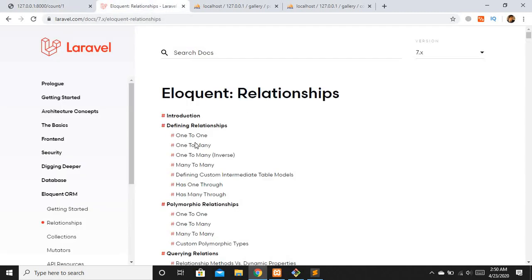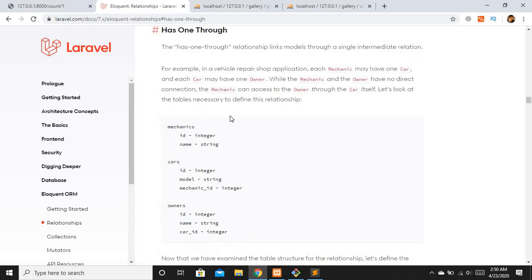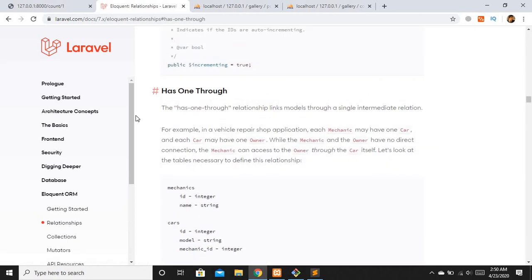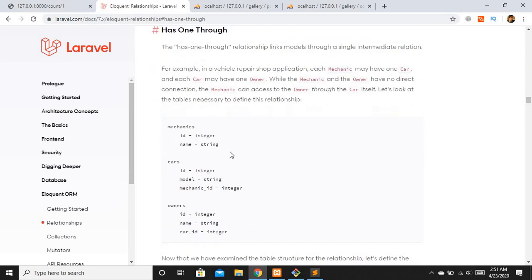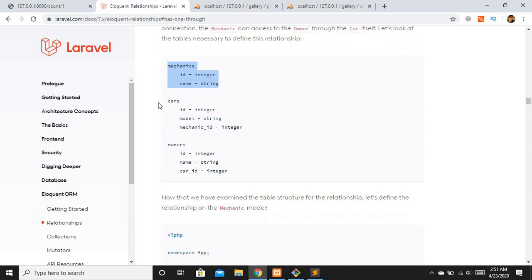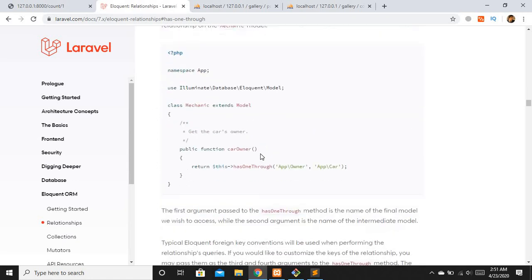Now let's see the Laravel docs example and your task. Here I will just go to has one through. I am going to provide you this link in the description. Now here comes your task. You have to implement this hasOneThrough relationship between these models right here, mechanics, cars and owners, and you have to get data.